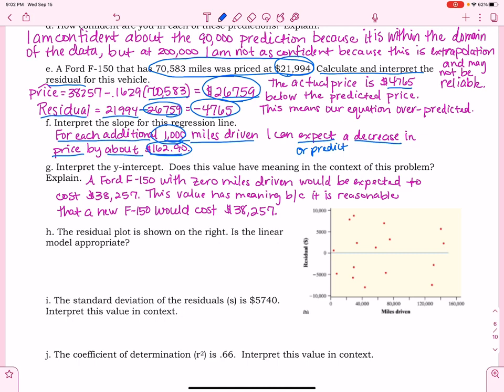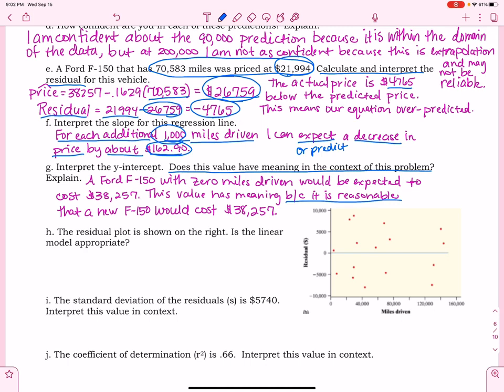Now what you have to answer in this, the question asks you, does this value have meaning in the context of the problem? In other words, does it make sense? Well, if you were getting a Ford F-150, now granted, if you got all the bells and whistles, it wouldn't be that cheap probably, but it's not unreasonable that a new truck would cost you $38,257 because a new truck wouldn't have any miles on it. So this value does have meaning because it is reasonable that it could cost, a new one, it could cost